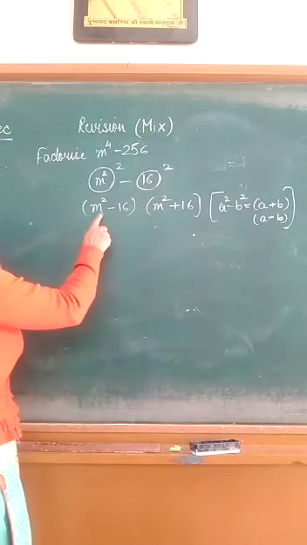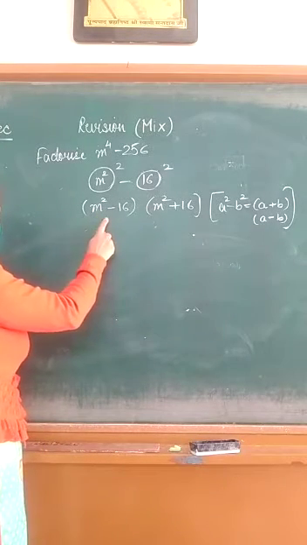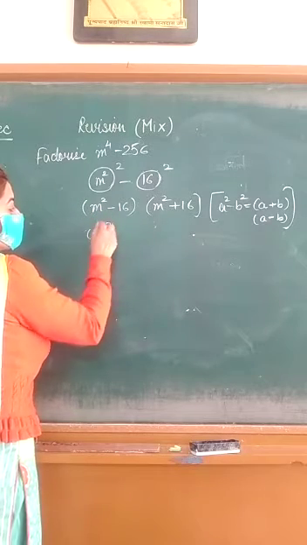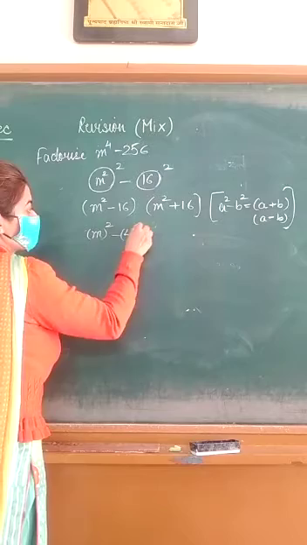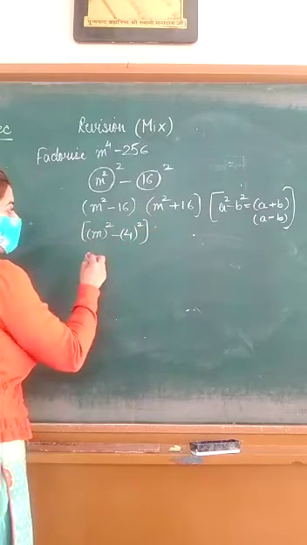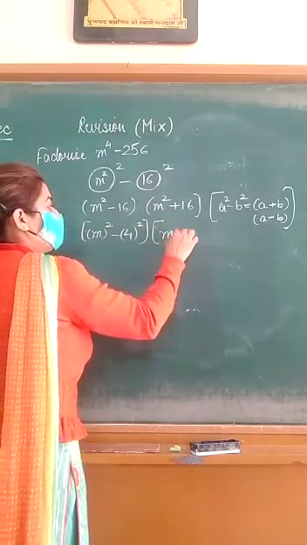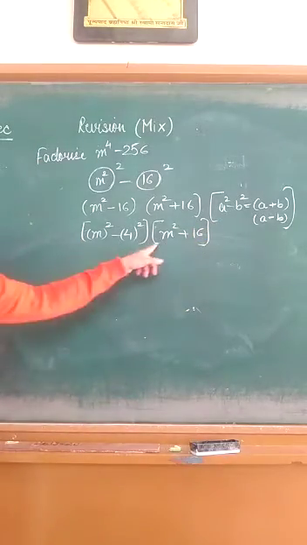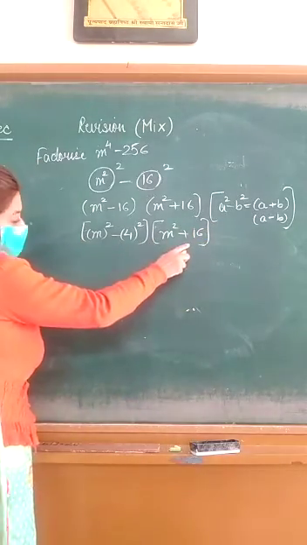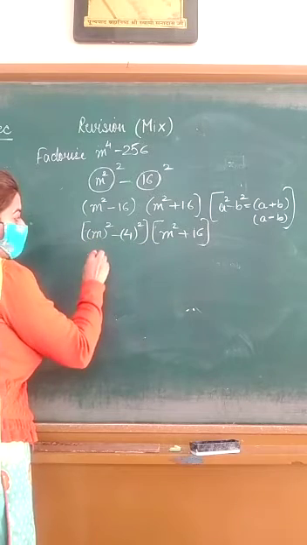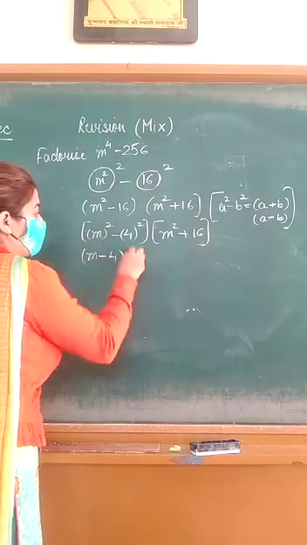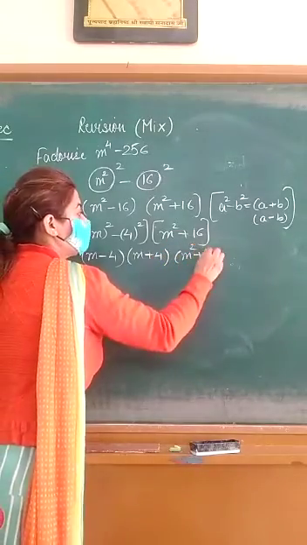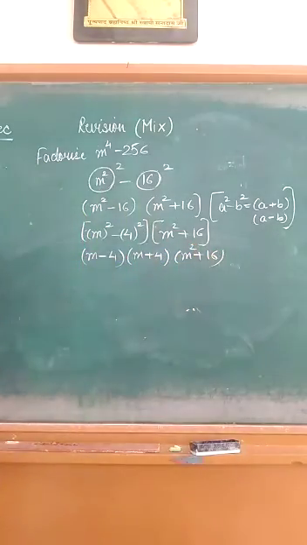Now, as you can see, in this term we can also apply the same formula. Write it in the form of a whole square. This is m square minus 4 square, which is again a square minus b square. And this term you will write the same, because we don't have any other formula that involves a square plus b square, so that will be kept the same. Apply the formula here. This is your a minus b, a plus b, and the last term is the same. So these are the three factors for your given question.